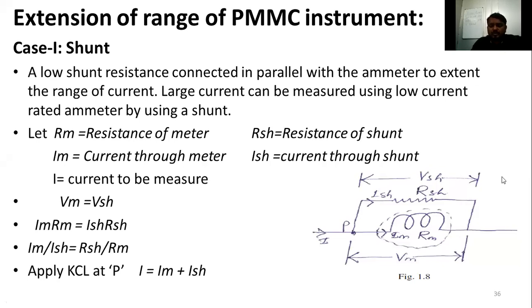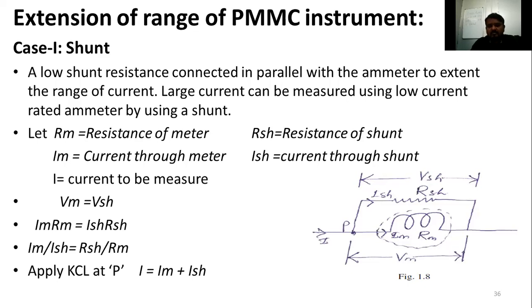Okay, so based on this, suppose a 5 volt voltmeter is there, but I want to measure 100 volt. Even at home, 230 volts will come, but I have only a 10 volt rated voltmeter. Is it possible to measure? Yes, it is possible. How?